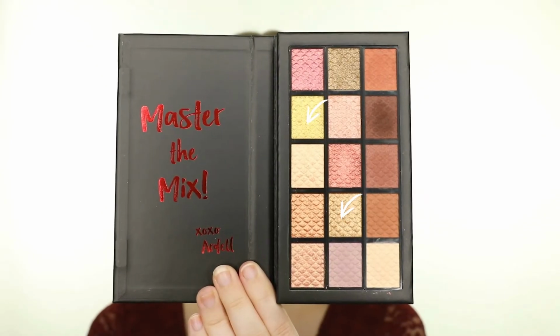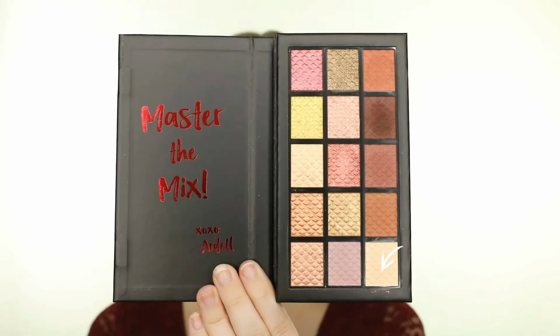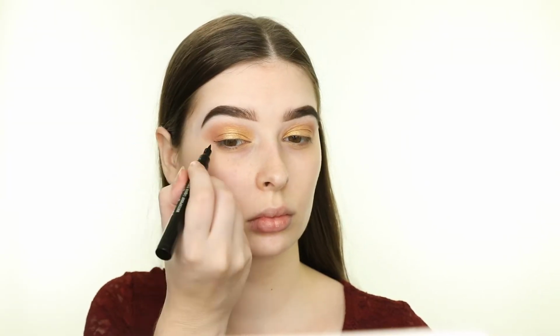Next, I'm mixing these two golden metallic shades and popping them onto my eyelid beneath my crease. I'm now packing on a little bit of this pale champagne shade and applying it to the center of the lid. I'm wiping away the fallout that I had from the metallic shades,